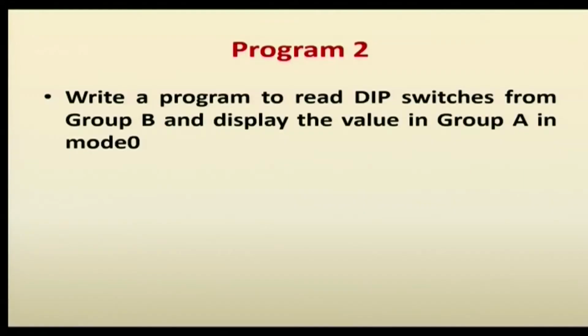In mode 1 we cannot use this program because in mode 1 and 2, port C is used for the handshake signals. In group A and group B, port C is available only in mode 0 as a simple IO mode. So, we have selected mode 0. Then we have to calculate the port address, read the data from the switch, and send the data to the display device. Program 2: in program 2 we are interfacing the switches and display devices.